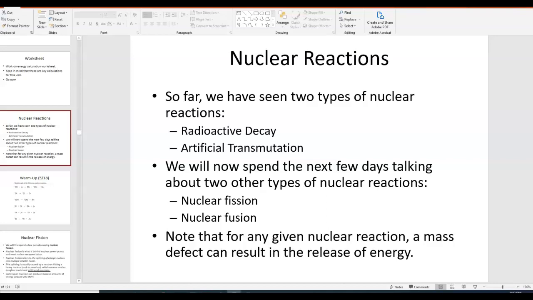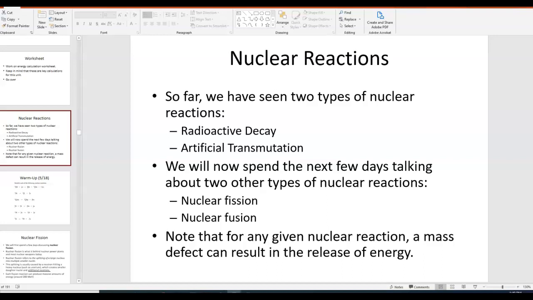Okay, so far in this unit we've seen two types of nuclear reactions. We've talked about radioactive decay and artificial transmutation. And then we've also talked about the concept of binding energy, as well as mass defect, both in the context of a nucleus and in a nuclear reaction. Okay, so to finish up this unit, we're going to talk about the last two types of nuclear reactions, nuclear